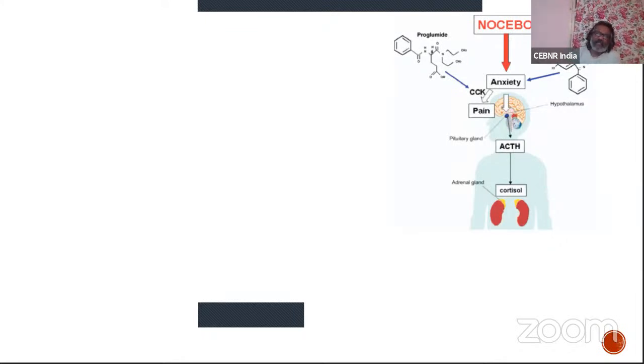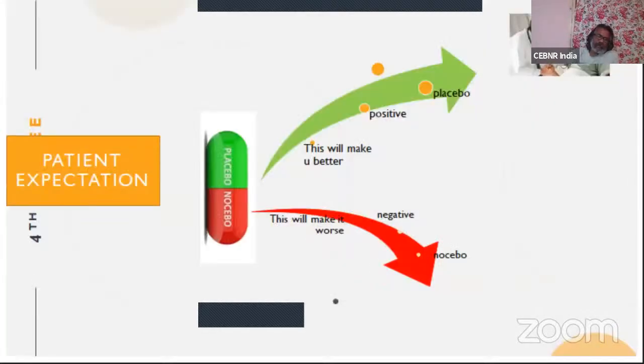So that kind of activation can also happen, and that is what they use when you are trying to do a breathing exercise or something like that. You reduce your anxiety, and then your ACTH level will reduce, and then your cortisol will also reduce, right? So this axis also is very important for you to understand the emotional part of your brain. So those are the major parts of the physiology of pain.